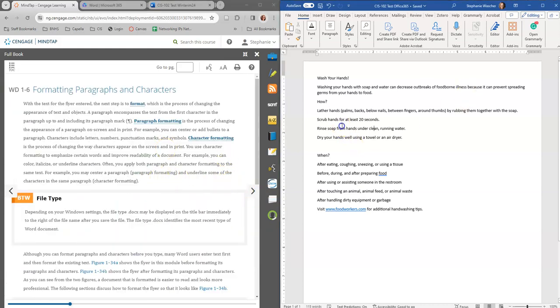Okay, so then now we get into formatting paragraphs and characters. So I'm going to stop